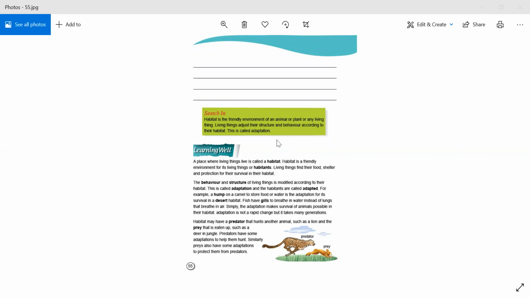Same with the sea animals. Sea animals cannot adjust in the forest. Obviously, when we take them out of the water and try to adjust them in the forest, what will they do? They will die because they do not have this power that they can adjust their structure or behavior other than